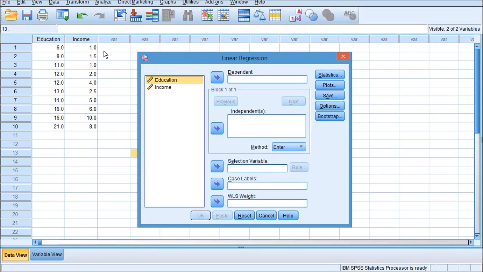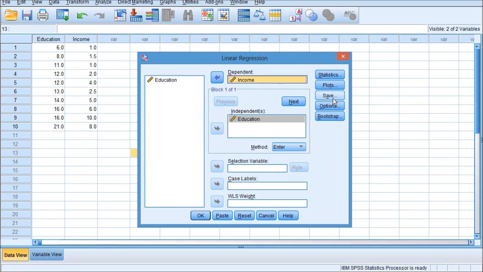Income level is influenced by educational level. Which one is independent variable here? Yes, educational level is independent variable. Definitely goes into this independent variable box. Income variable is dependent variable for this analysis, so we should move this income variable into this dependent variable box.